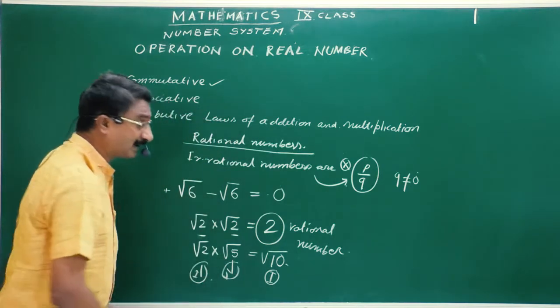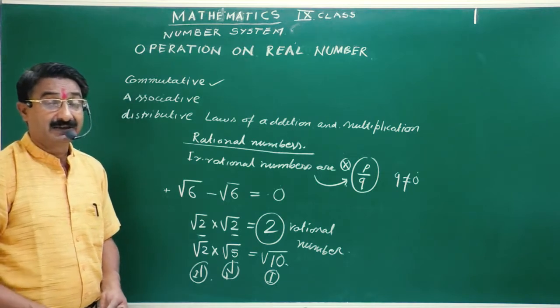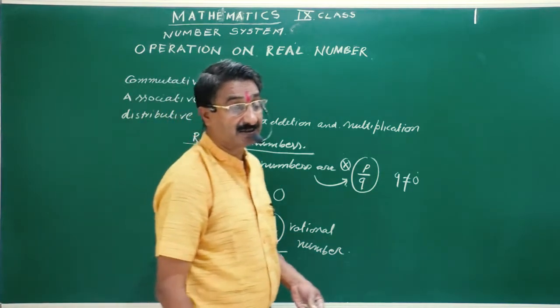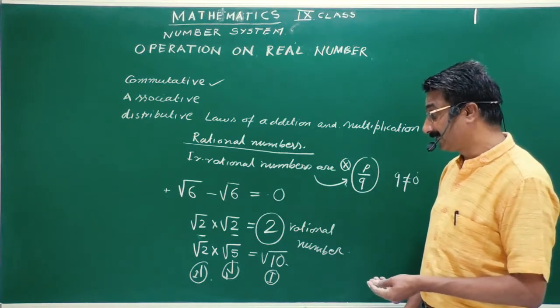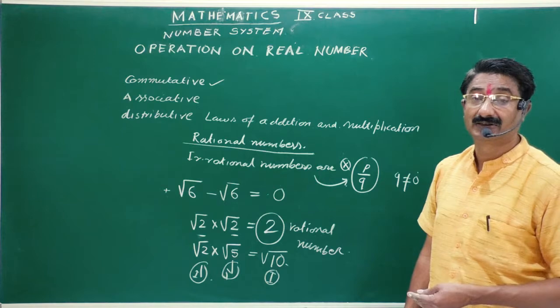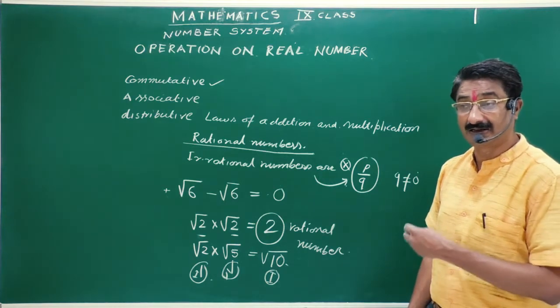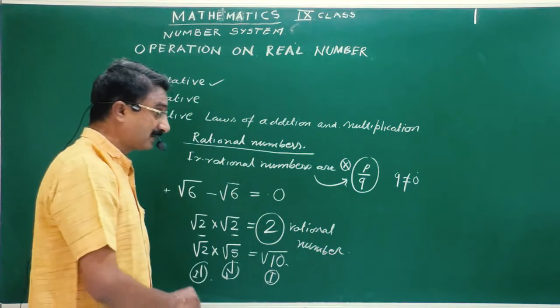So we cannot form a rule, or we cannot say that all the multiplications of irrational numbers are irrational, or all the summations of irrational numbers are rational or irrational. So it depends on a case by case basis. For example, again,